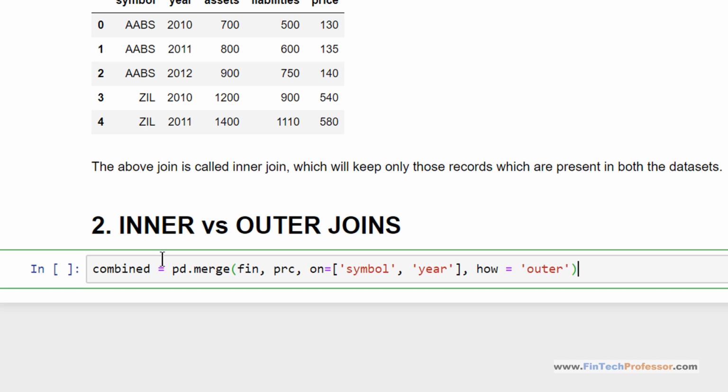Again, we are going to create a new data frame. Let's call it outer. The command that we are using is pd.merge, first data frame, second data frame.